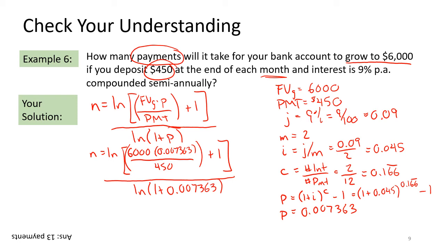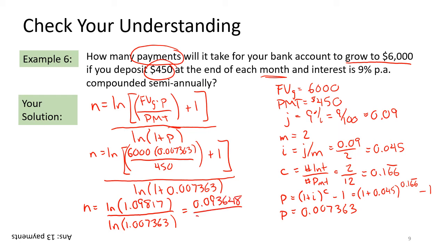So if you continue with these calculations, you should get that n is equal to ln of 1.09817, or something close depending on your rounding, divided by the ln of 1.007363. And if you do the ln on your calculator for both, the numerator should be 0.093648 divided by